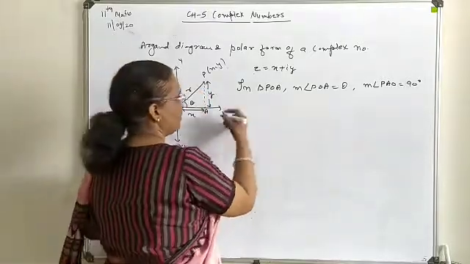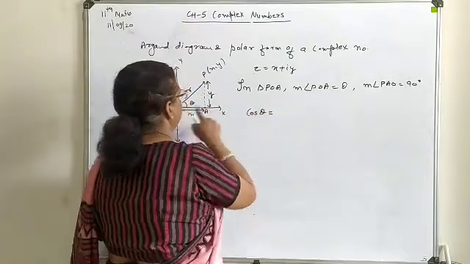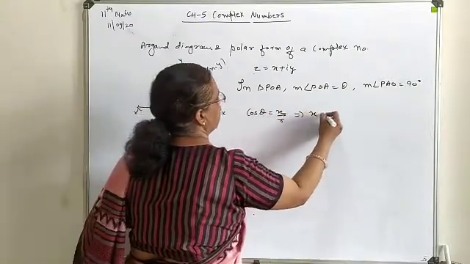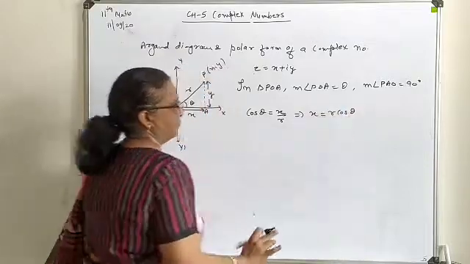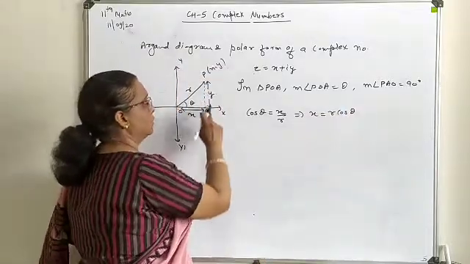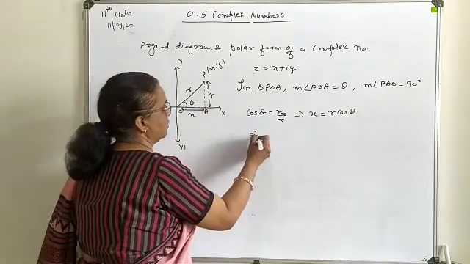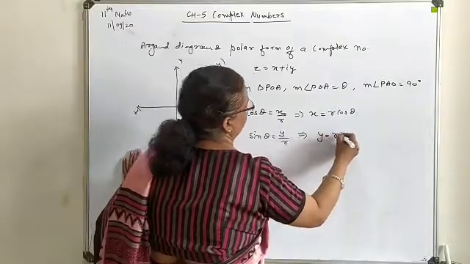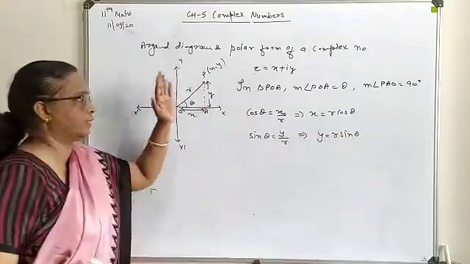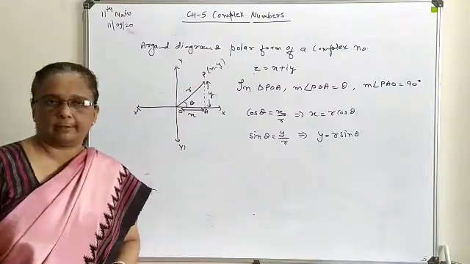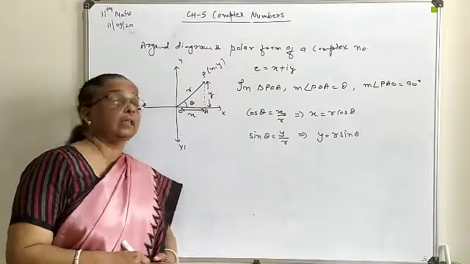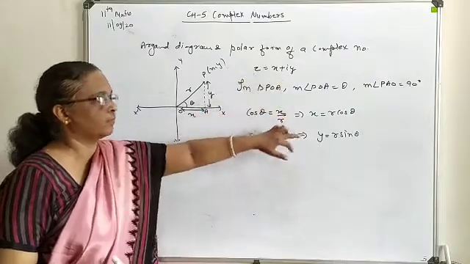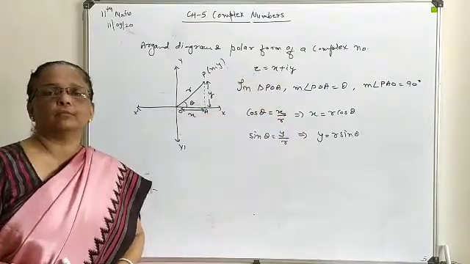hypotenuse. So here, in this triangle, cos of theta you will define as x upon r, or you can say x is r cos of theta. Secondly, if you talk about this altitude, this is your sin theta, meaning y upon r. So here y is r sin of theta. So this x and y, if you represent them in the form of r and theta, these are called the polar coordinates, and in place of this z, x and y replaced by r, this is called the polar form for a complex number.